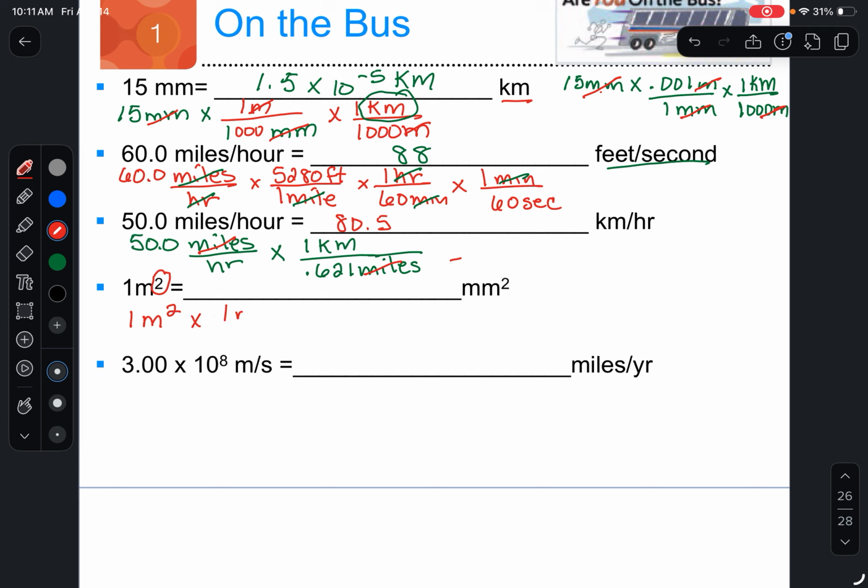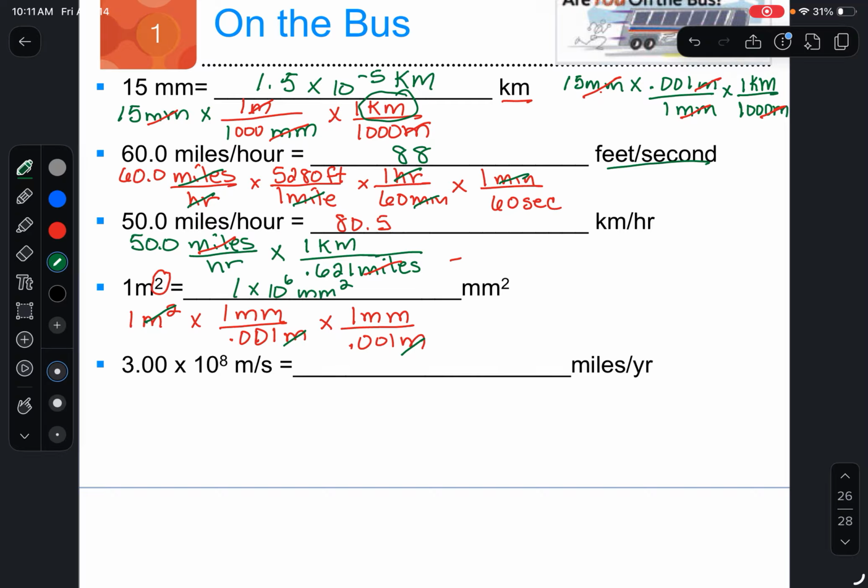So I have in 1 millimeter, I have 0.001 meters, and I'm going to put another conversion factor, 0.001 meters, and that way this meter squared is going to cancel with that meter, cancel with this meter, and then I have millimeter times a millimeter, which will give me a millimeter squared. So our answer is 1 times 10 to the 6th